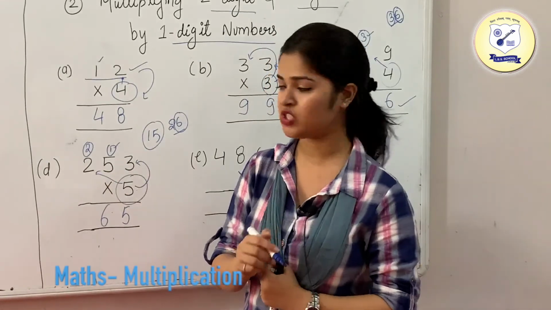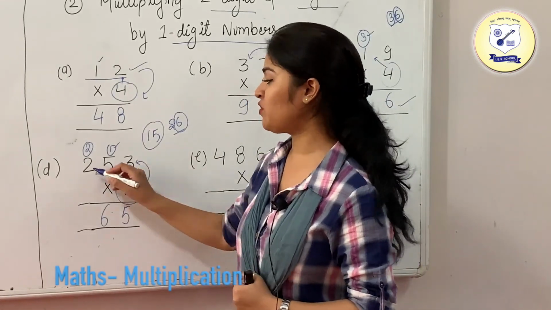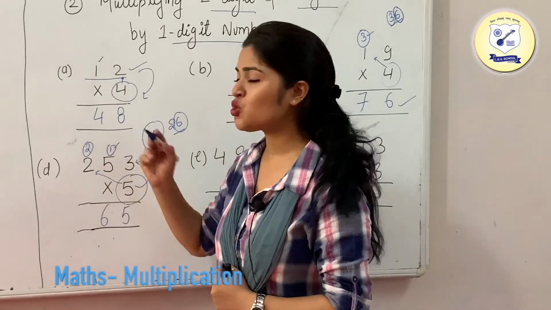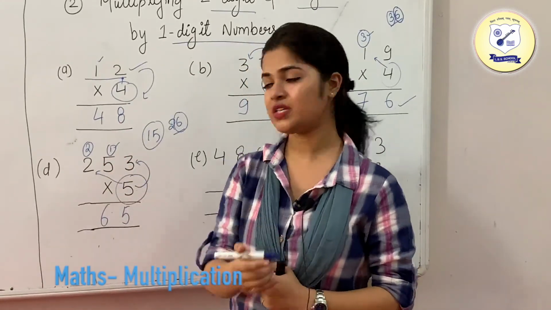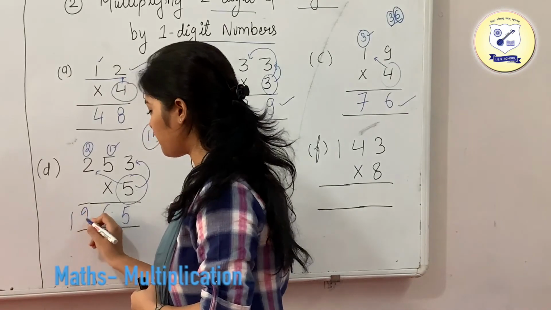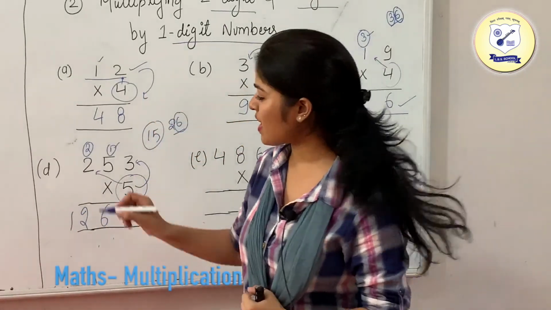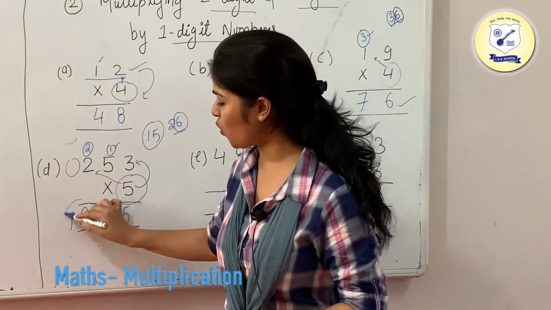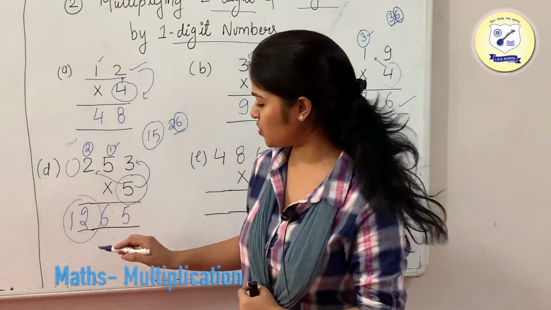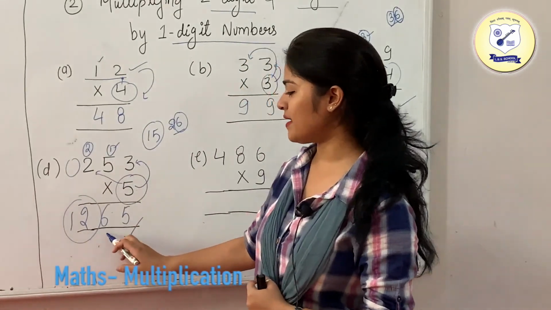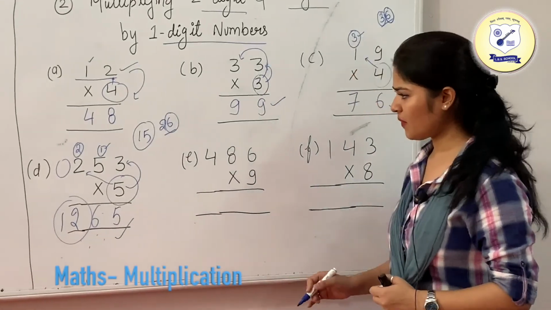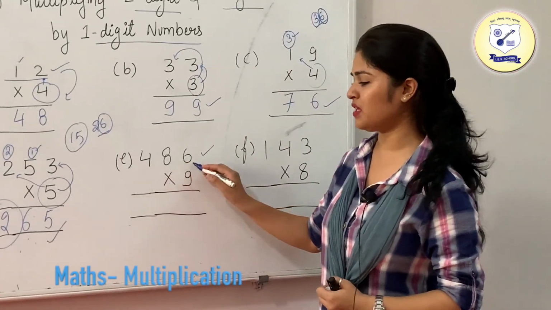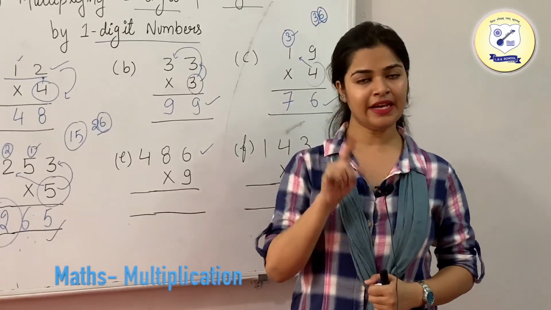Now what we are going to do is multiply this 5 with the 3rd digit, which is your 2, which is your hundreds place. So 5 2s are 10. 10 plus 2, your carry, is 12. So your answer is going to be 12. Since we are not having any digit over here, we cannot transfer this as your carry. So we will write it wholly in your answer. So your answer is 1265.